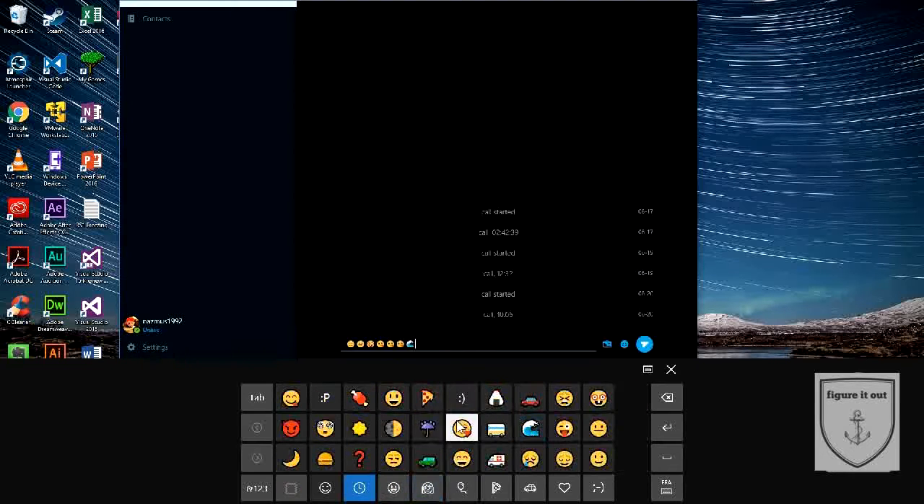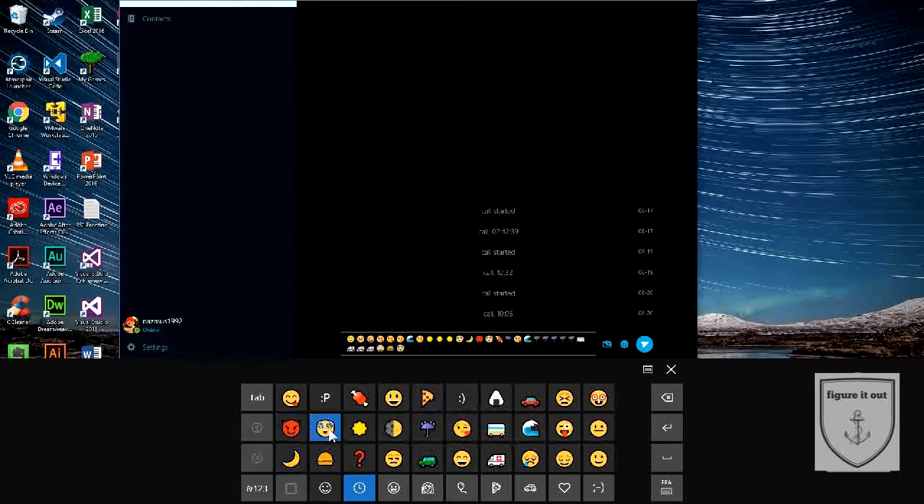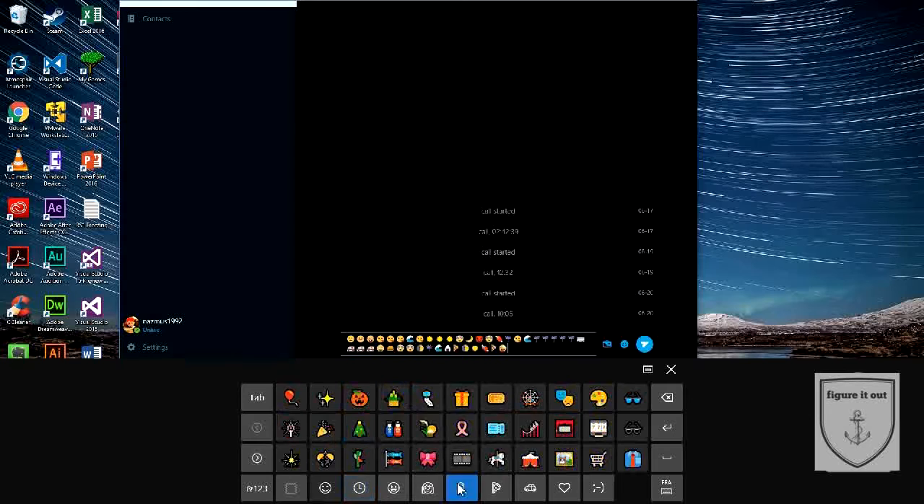Let's add some emojis. Yeah, there you go. Lots of cool emojis. I'm going to send all of these emojis. Yes, all of these emojis. A lot more. There you go. From here